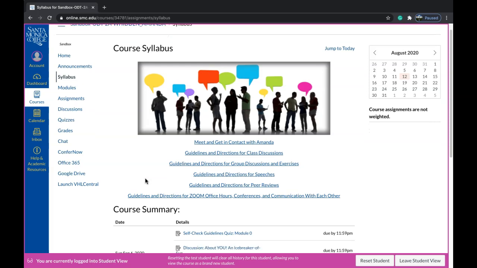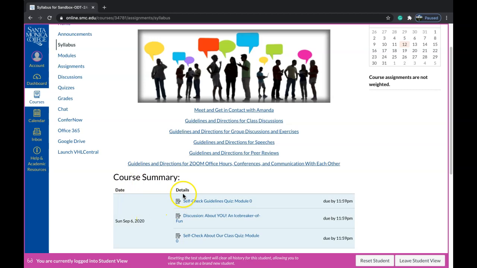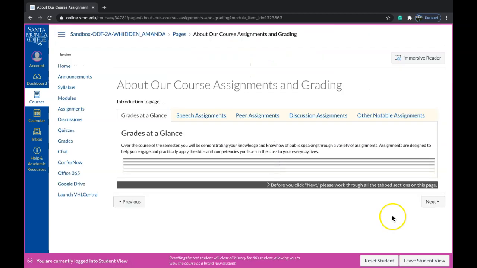The other fun part about the course syllabus page is that you will be able to find a course summary that will list out the particular assignments and the dates that they are due. I hope that this has given you a little bit more information about how to navigate at least our modules and the syllabus, as well as some parts of how you can access and start to see our calendar. I will go over more of this as our time goes on.